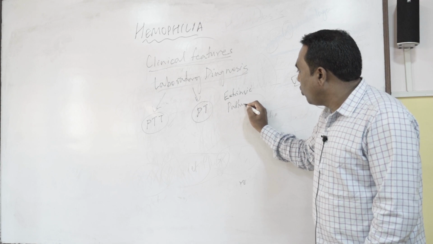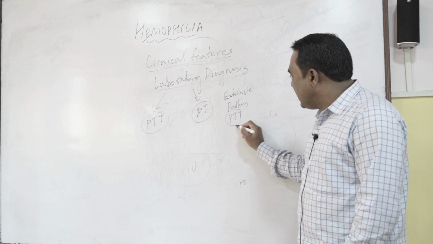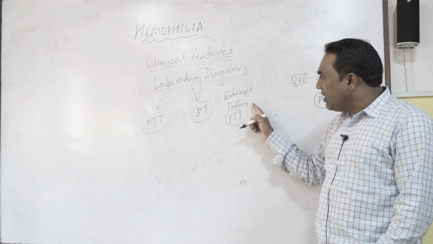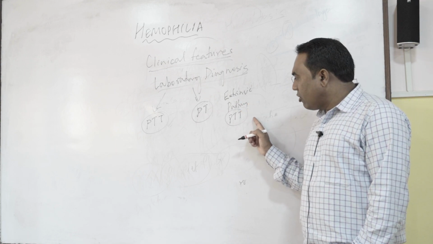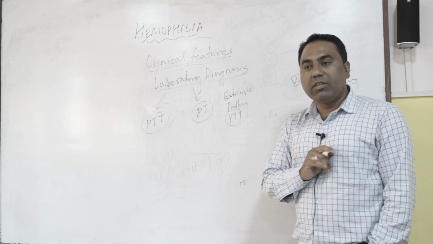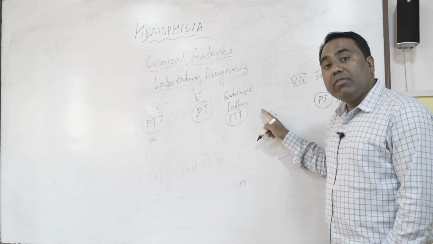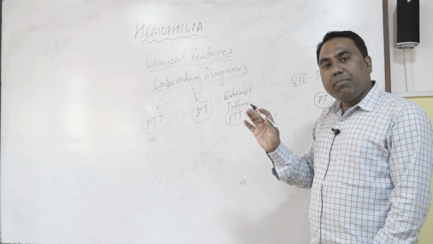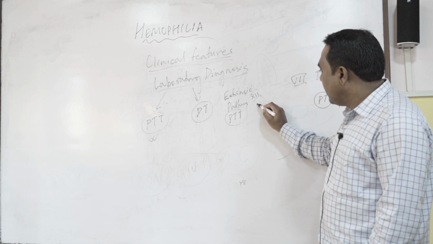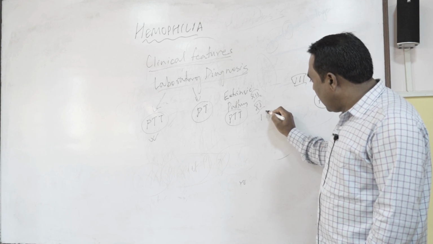pathway. Now this pathway of the coagulation cascade is going to tell us about the level of PTT, that means partial thromboplastin time. If there is a problem with the extrinsic pathway, then the level of partial thromboplastin time is going to increase. So if you find that this has increased, that means there is a problem with this one. So this extrinsic pathway starts with factor 12,